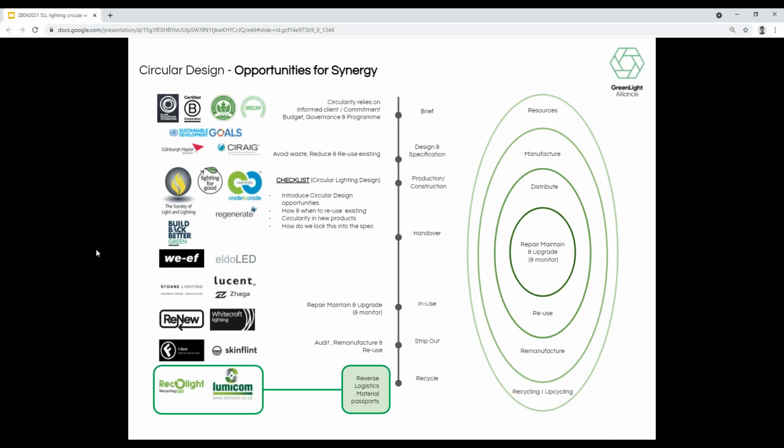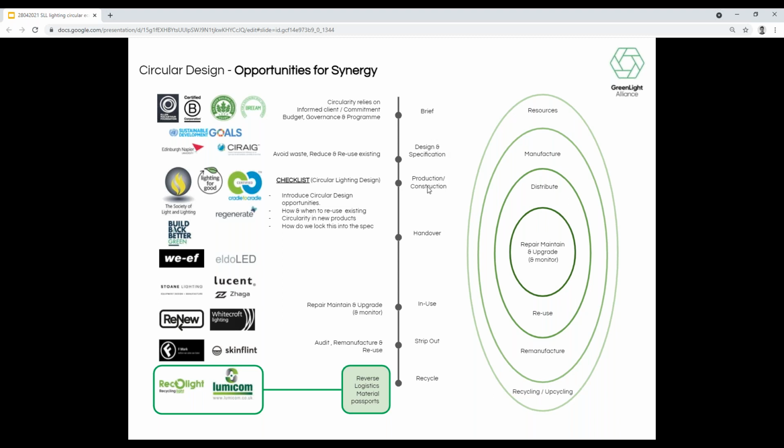The material passports have also been discussed, and that would enable us to track where products are and where they might become available. At the start of the brief for another project, you might know what's going to be on the horizon and what's coming out of another building. And that's particularly helpful with a large developer like British Land, for example, who have hundreds of buildings and can schedule these things internally.